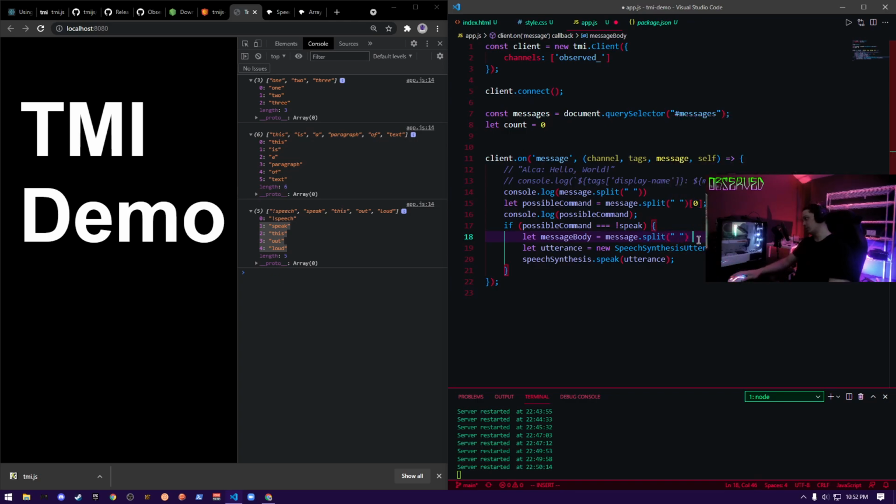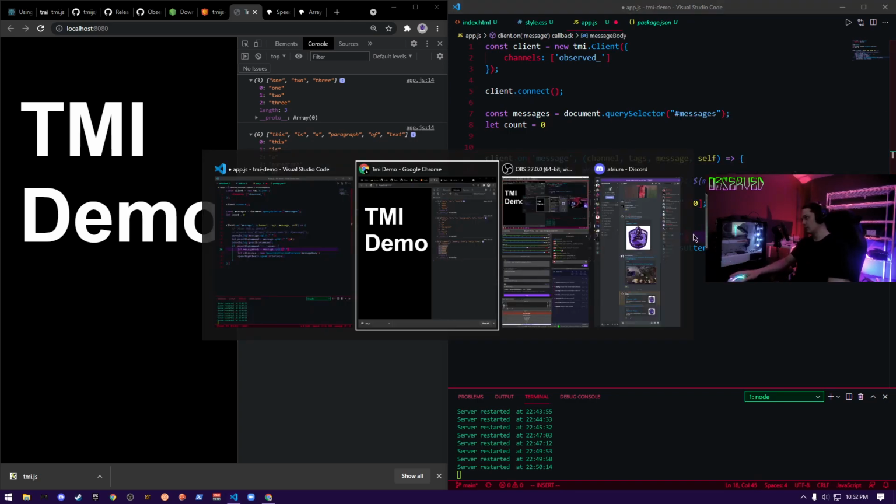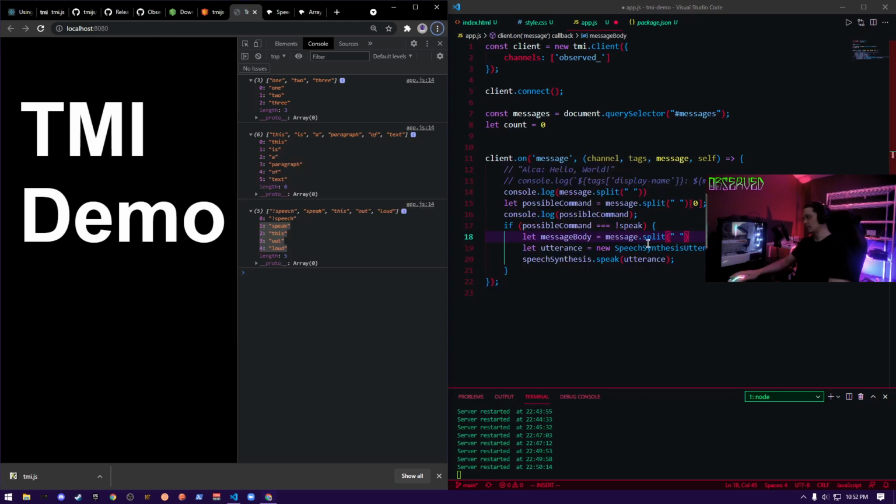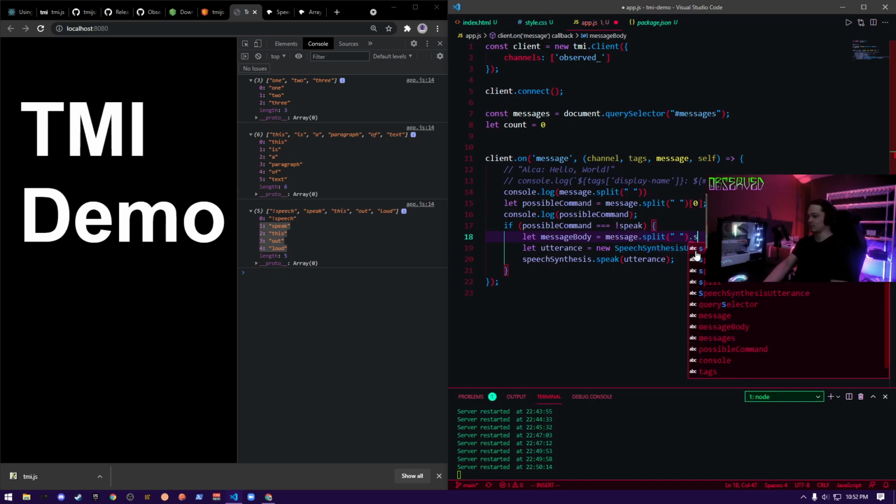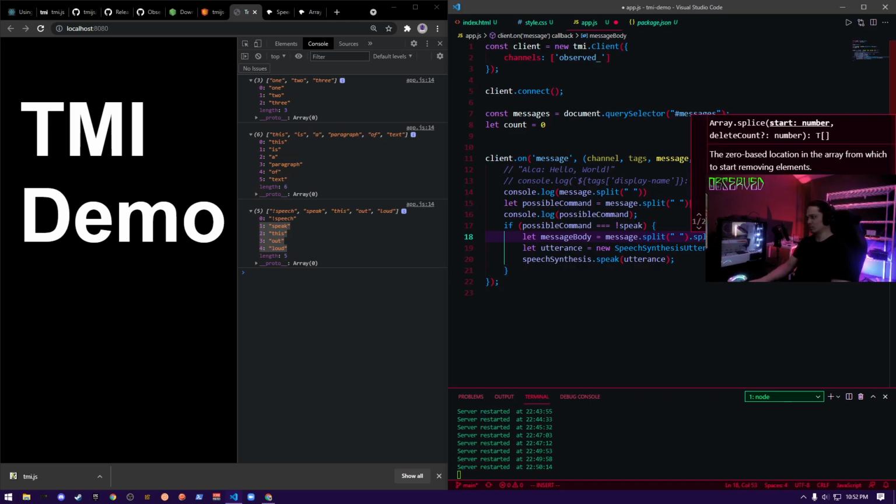And we're splitting at the space right here. And now we have an array, and then we need to splice. And I think we just do one here. Splice, right? We just do it like that. Is that going to work?